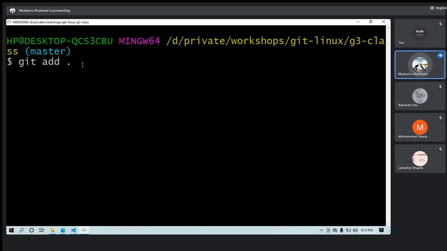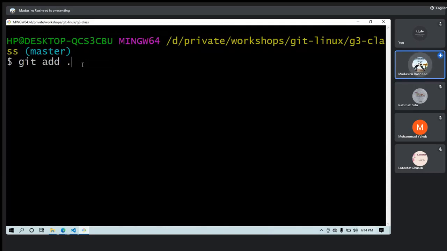That's the minimum root you can be. So remember, when we initialized our git, it was inside the git3 class. The root of our folder is git3. You can't go beyond git3 class to go inside git linux or the workshop. It's a bit confusing, but when we practice it, it makes more sense.